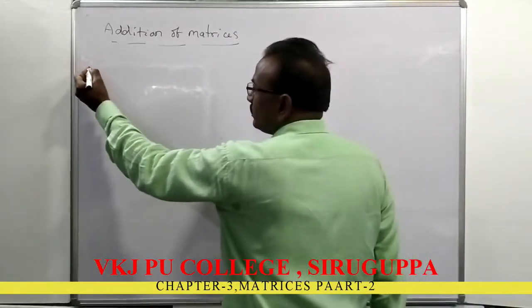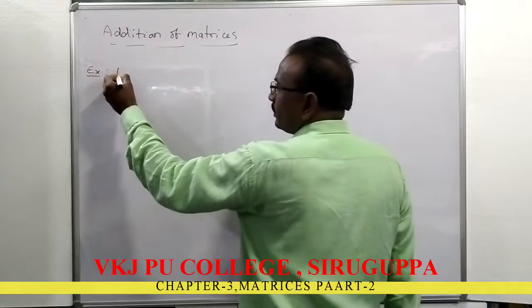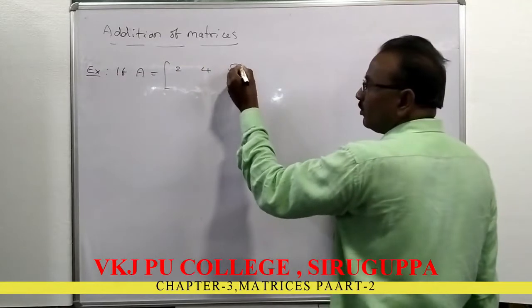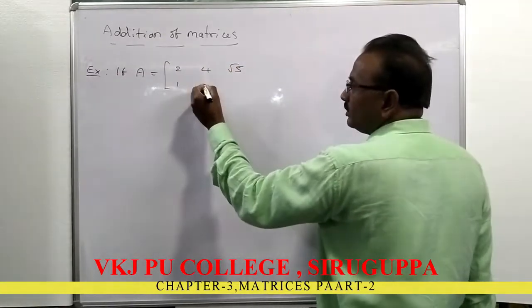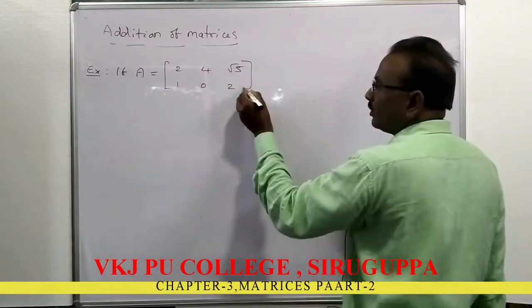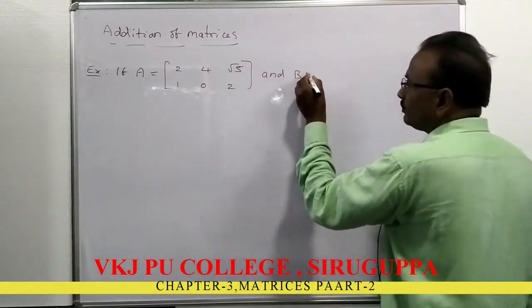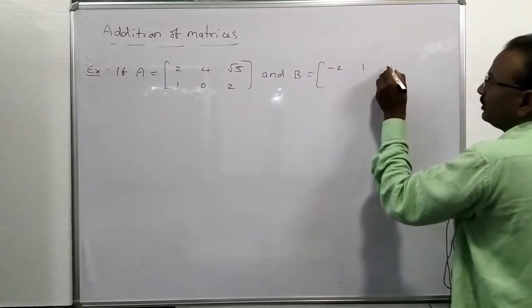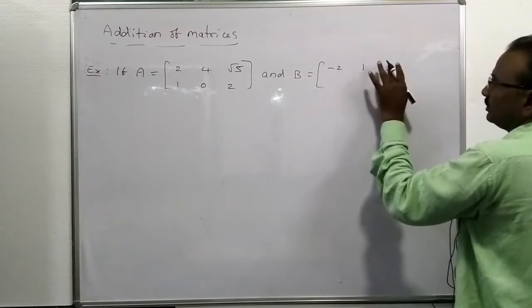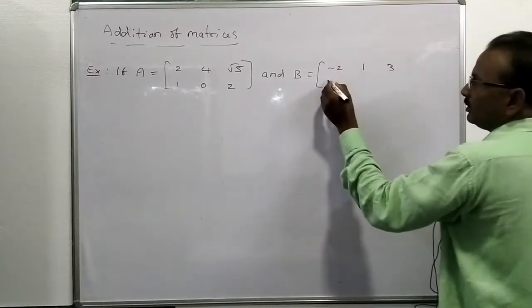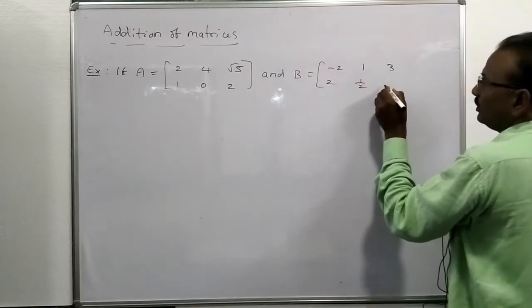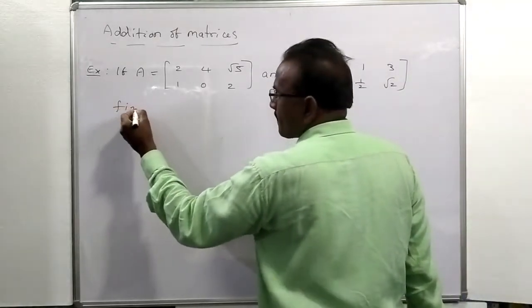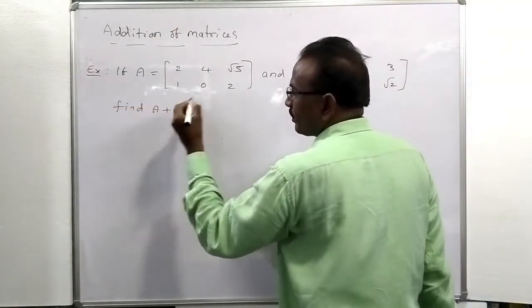For example, if A is equal to [2, 4, root 5; 1, 0, 2] and B is equal to [-2, 1, 3; 2, 1/2, root 2], find A plus B. Question is,